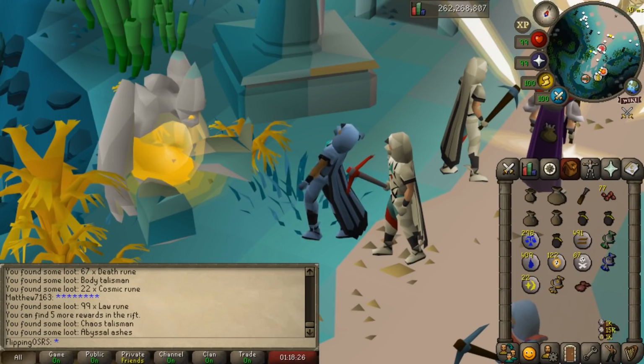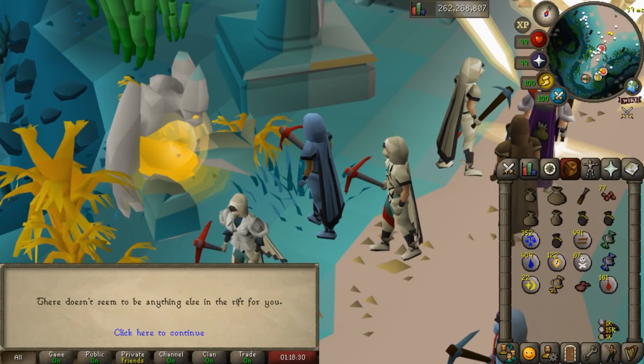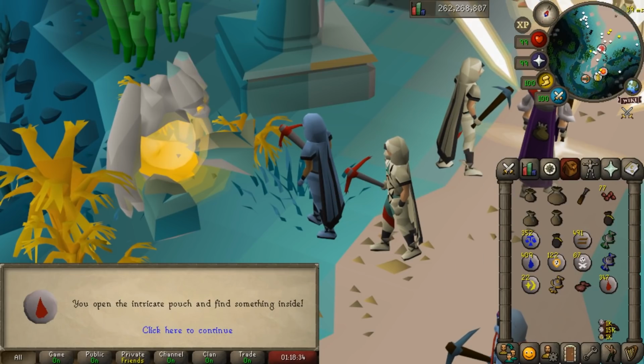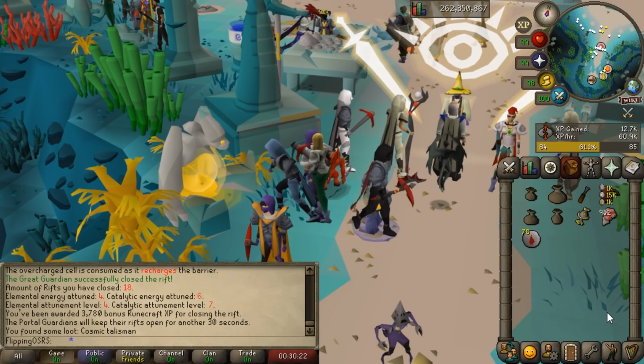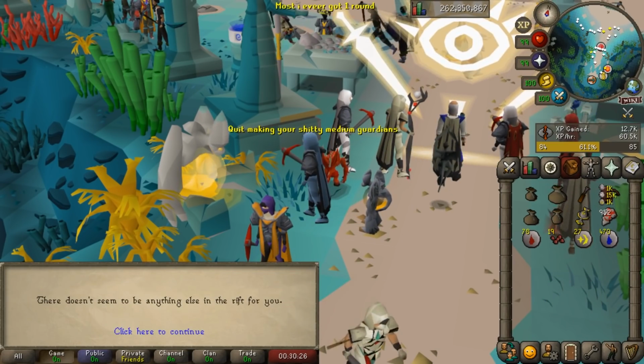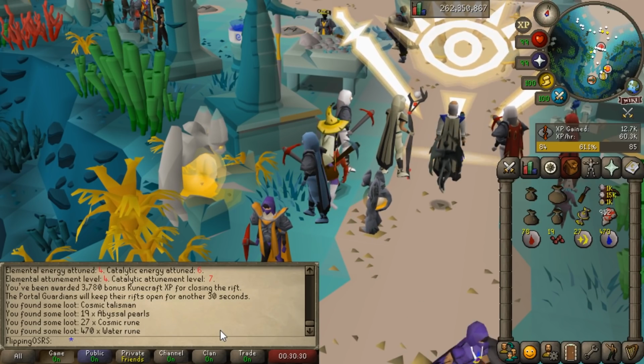Okay, so that was our biggest lot of openings so far. From these intricate pouches, just more runes it looks like, but notably 77 Abyssal Pearls. I might have gotten a bit lucky on that, but we can almost buy the Blood Talisman now. Okay, so final few rewards, I think that's going to be it for today. Another 19 Pearls. Okay, so that brings us up to 100 Abyssal Pearls, and I was probably doing the minigame